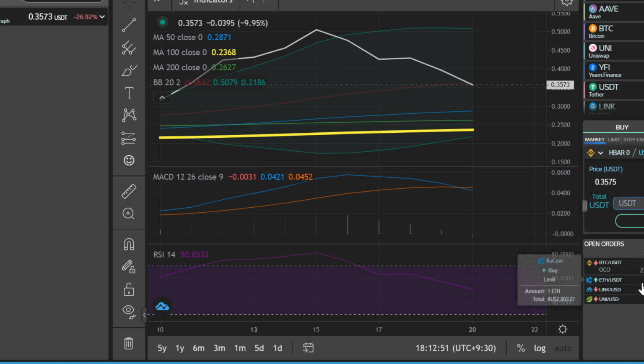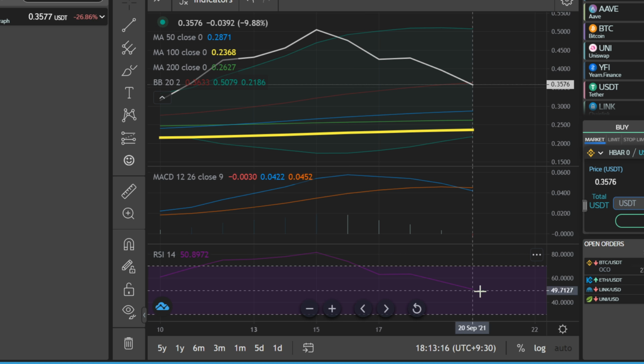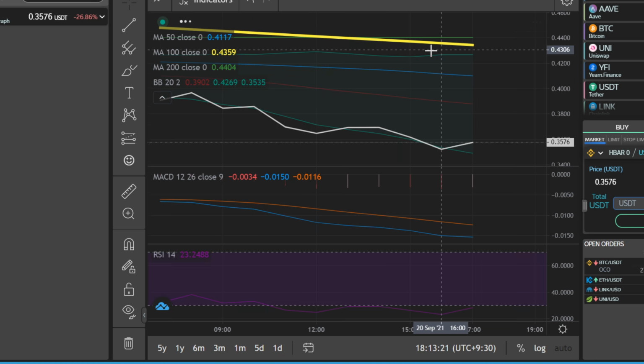All right, so as we begin to look at Atani, we're looking at the daily chart, right? We were outside of the Bollinger Band, we've come back into the Bollinger Band, and we're in the middle of it right now. I think we're not too far away, maybe 28 cents if it really dips even further, which would be the 50 moving average. But I don't think we're going that far. We were in overbought, and now we're simply coming back into the middle. So a very solid, smooth consolidation is coming in.